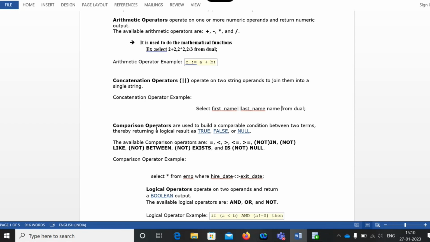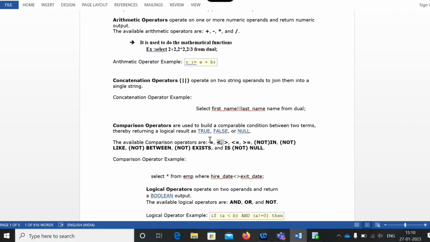We have symbols for doing comparisons. For greater than, we have the greater than symbol. For less than, we have the less than symbol.